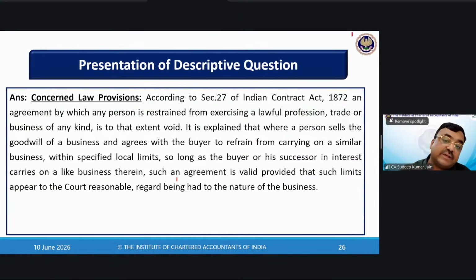अगर कोई पार्टनर छोड़ के जा रहा है तो उससे कह सकते हैं, भैया ये आपको बिजनेस नहीं करना है, पहले आप फर्म में थे, अब आपको ये सेम बिजनेस नहीं करना है। This is perfectly valid. फर्म डिसॉल्व हो रही है तो बाकी पार्टनर एग्रीमेंट कर सकते हैं कि जो पार्टनर बाहर, फर्म डिसॉल्व हो गई, वो पार्टनर सेम बिजनेस नहीं करेंगे पर्टिकुलर लोकल लिमिट्स में पर्टिकुलर टाइम के लिए। ये सिंपल सा लॉ है। क्लियर? ये क्लियर हो गया। अब लीगल प्रोसीडिंग्स में जो हाउएवर सर्टेन एक्सेप्शंस हैं, वो मुझे नहीं समझ में आए। पेज नंबर 2.79।